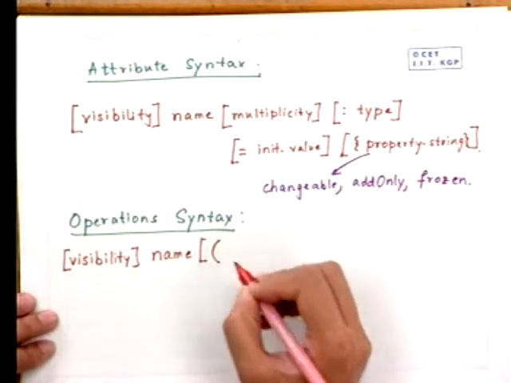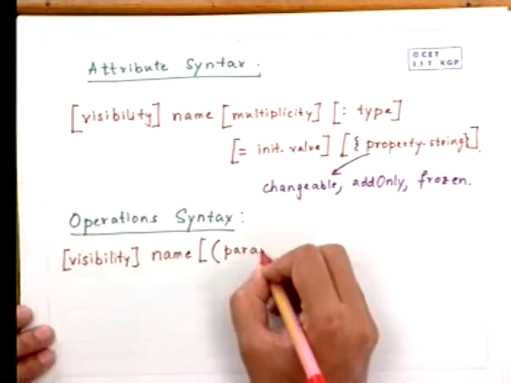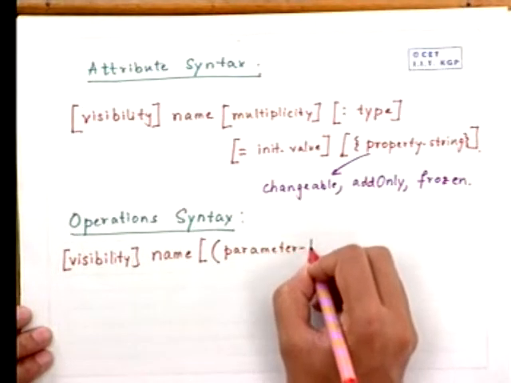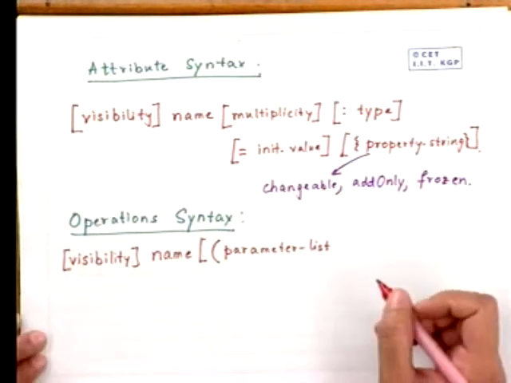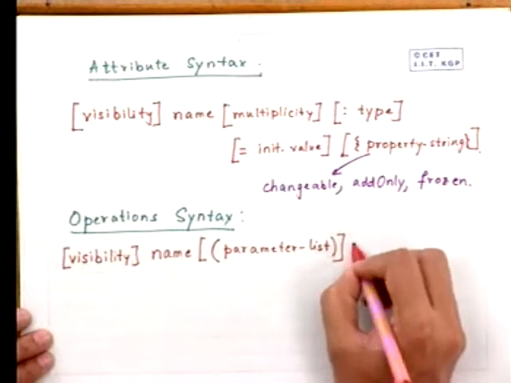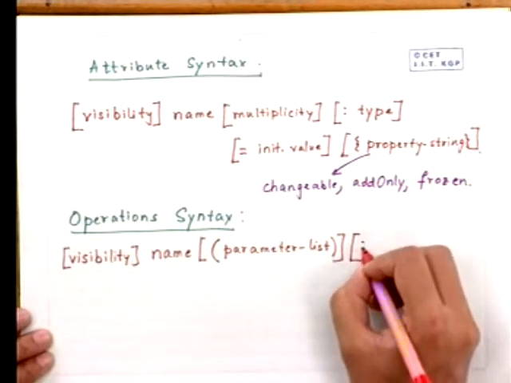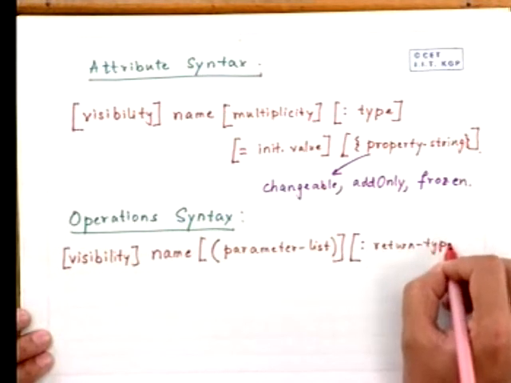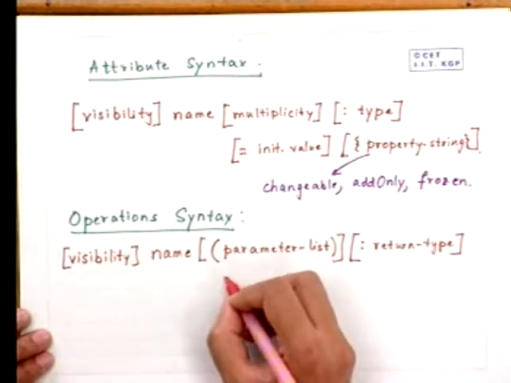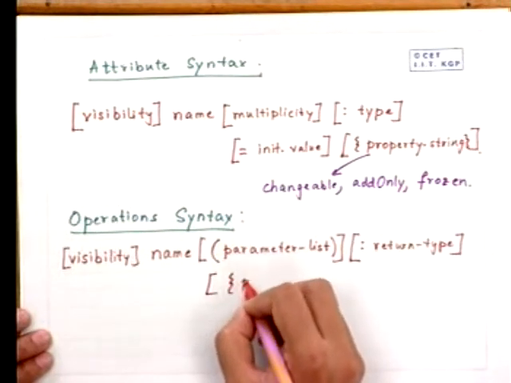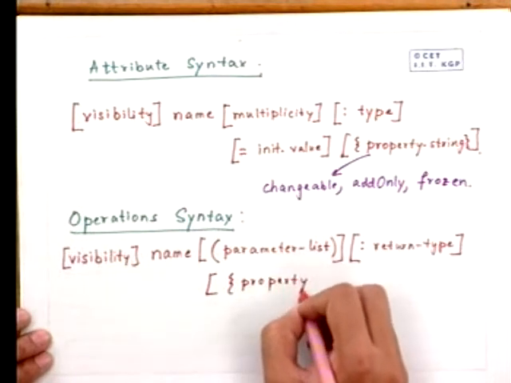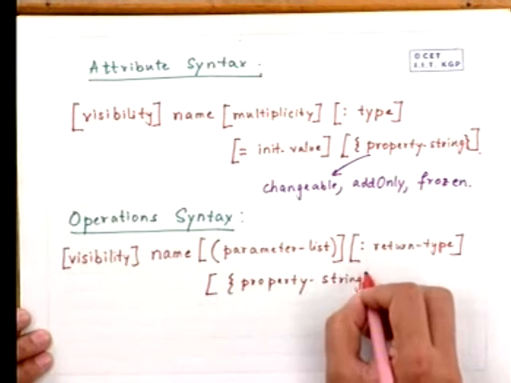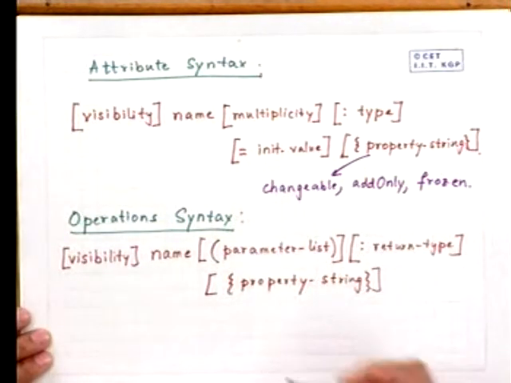The signature is denoted as, within parentheses, the parameter list, with or without types, followed optionally by the return type following a colon, followed optionally by a property string within curly braces. And in this case, the property string may be